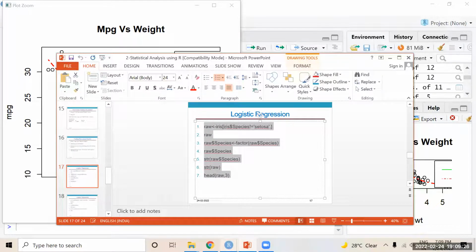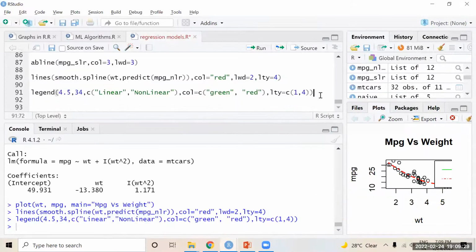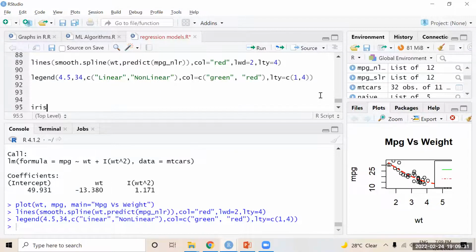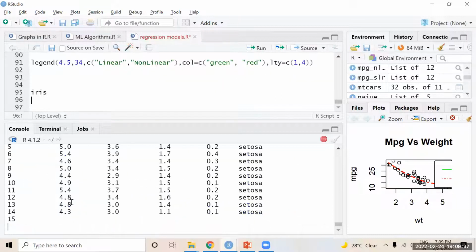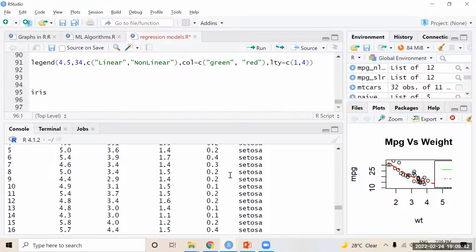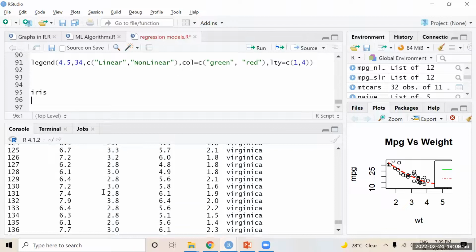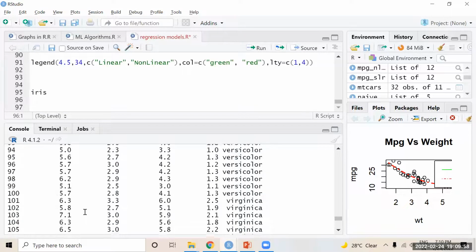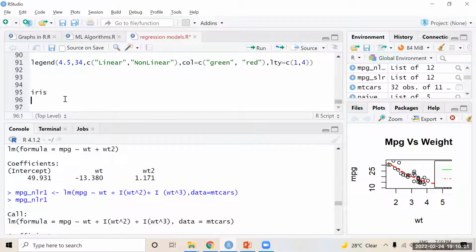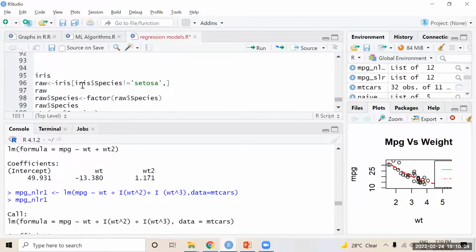I am taking the IRIS data set. So first I have to take the IRIS data set and run it. Now you know here sepal width, petal width, flower. There are different flowers in the species data: Setosa, versicolor, virginica, 3 types of classes of flowers. Each and every flower will have sepal length, sepal width, petal width. There are 150 flower records here. All are numerical values. On this I'm implementing logistic regression.